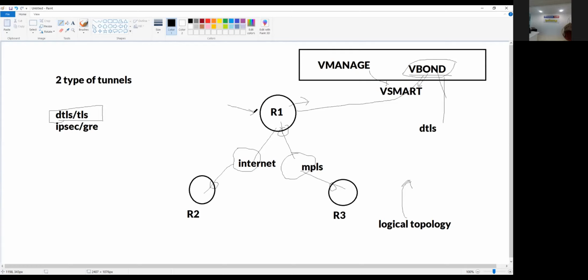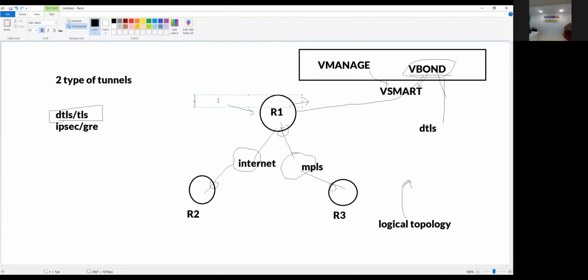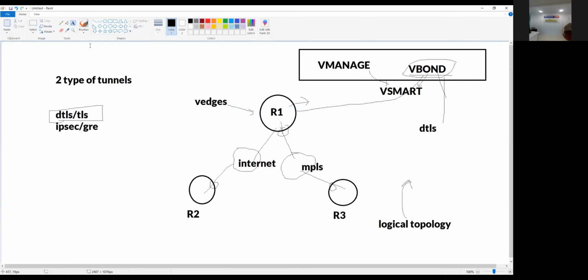So no matter what the mechanism is, we are going to use vEdges as software, but vEdges are also available as hardware devices. These are old Viptela switches. Also remember that vEdges are going out of context soon